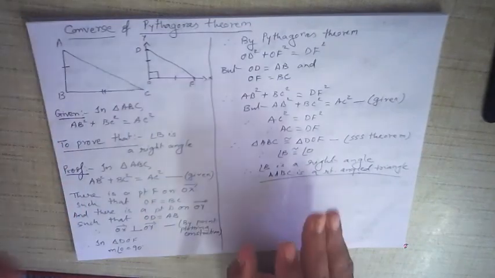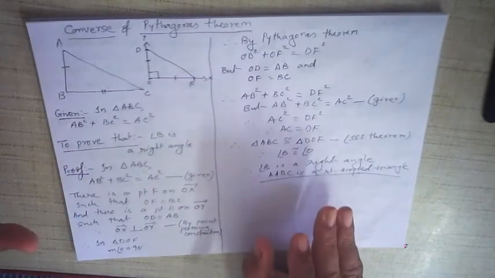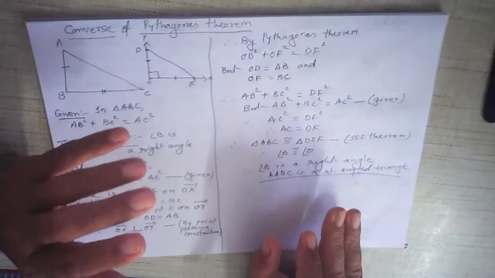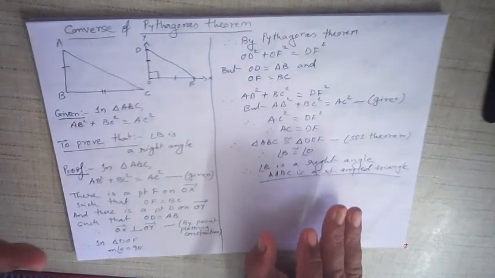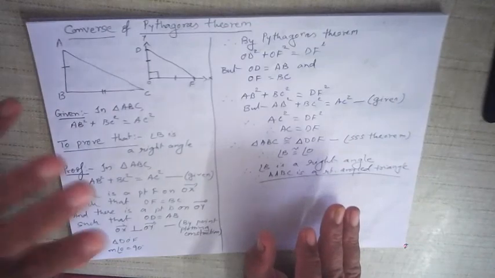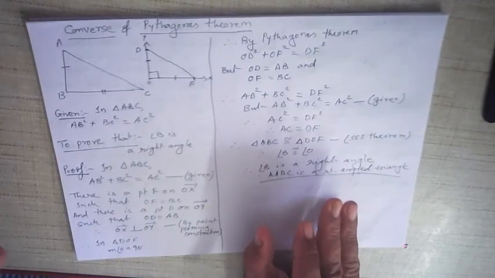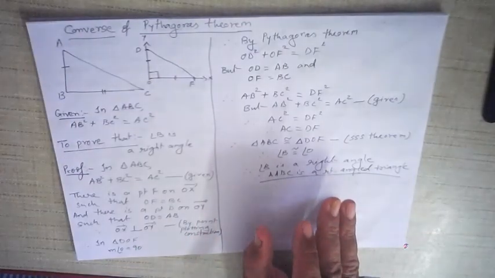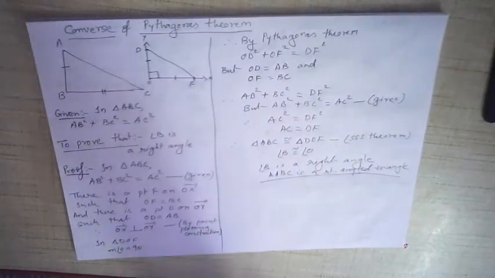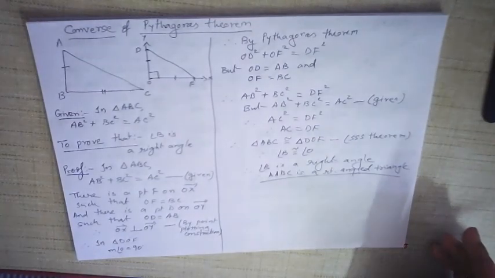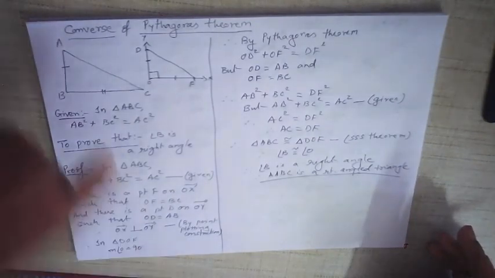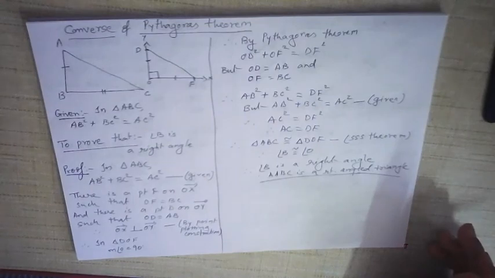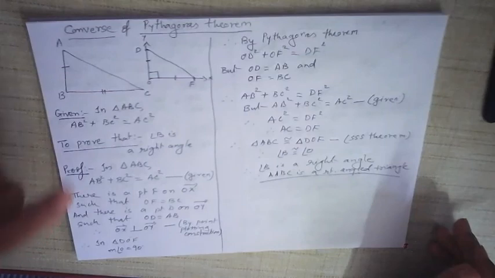Now again I am telling you, Pythagoras theorem and converse of Pythagoras theorem are extremely important theorems. Both these theorems have been asked every year, one of the two. If Pythagoras theorem is asked, then converse is not asked. If converse is asked, Pythagoras theorem is not asked. But generally, one of the two is always asked. In other words, there is a 90% chance that either of these two will be asked. One of the two. And you should be thoroughly prepared for this. Make sure you repeat this several times and learn it by heart.